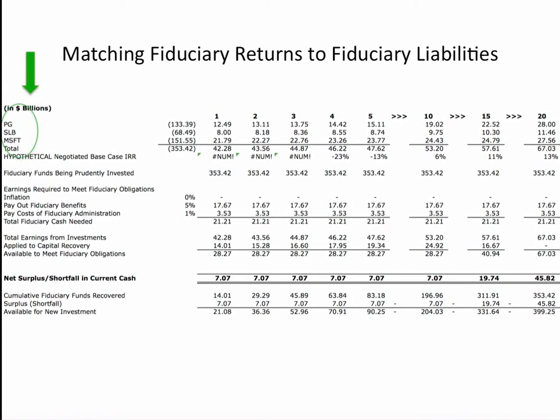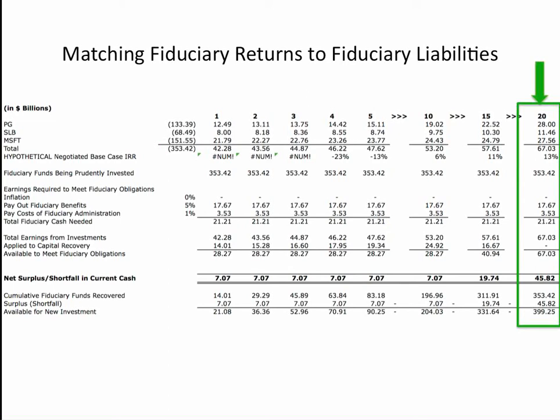We started wanting to pick some companies that would be recognized names, so we built this little mini portfolio using Procter & Gamble, Schlumberger, and Microsoft, three household names in consumer products, in industrial services, and in high technology. This does give us a very large portfolio. The total amount of entrusted funds invested in this model would be 353.42 billion, which is perhaps too large to be really practical. But this illustrates that equity splits operates at scale as well as providing a good matching of